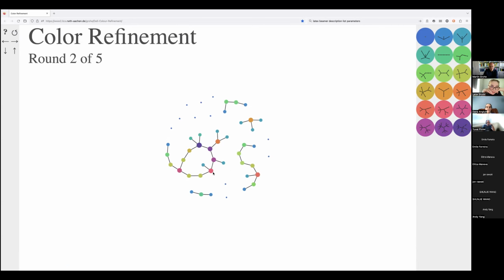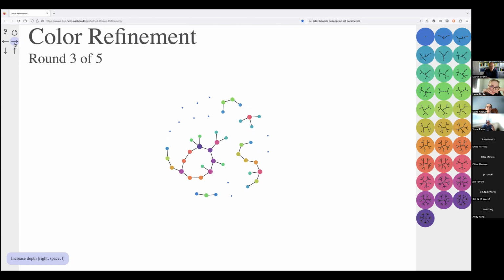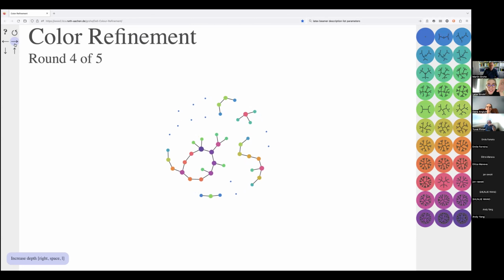This one has a reddish neighbor, this one is more pink, so they should get different colors. I think they have different colors, although they are hard to distinguish. Yeah, they have different shades of orange, if you look closely. Actually, here on the side, you can also see the different colors.